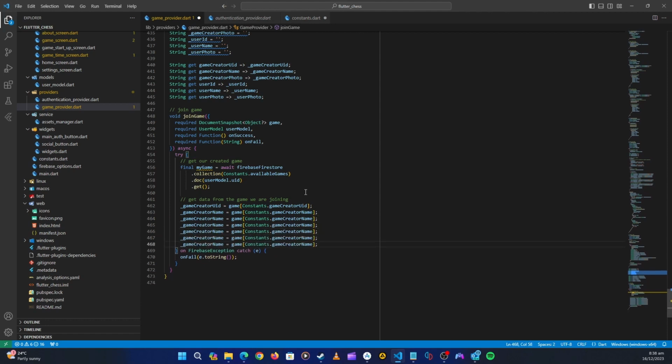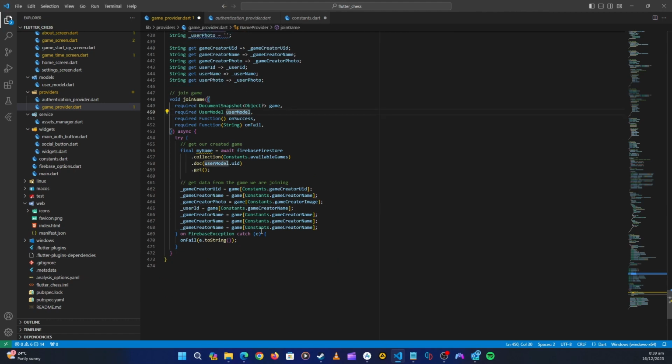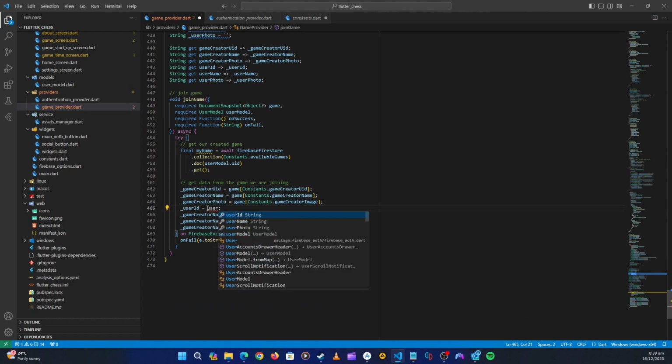So we have game creator photo. This we are going to get to game creator photo. Is it game creator image? Yes. And then the user ID. So we are the one joining here, so we are going to get from our data, which is this. Okay, so here we're going to get it from user model dot uid,